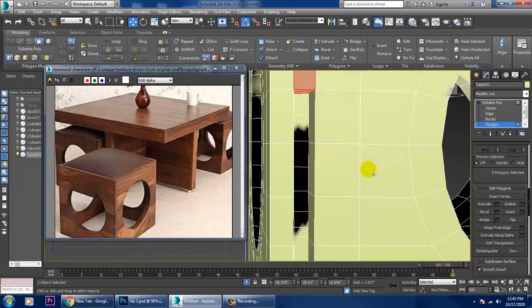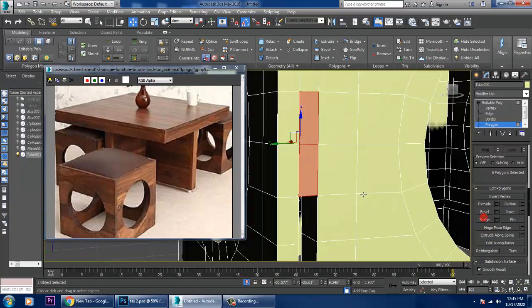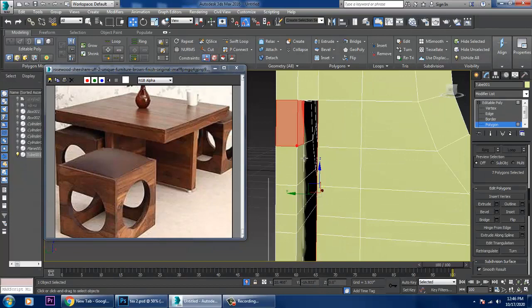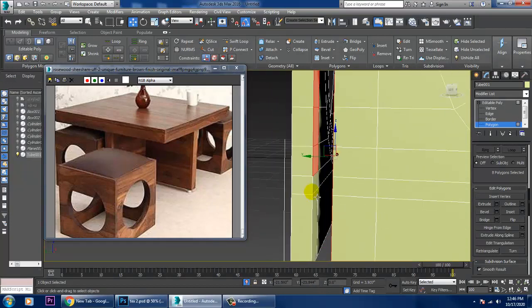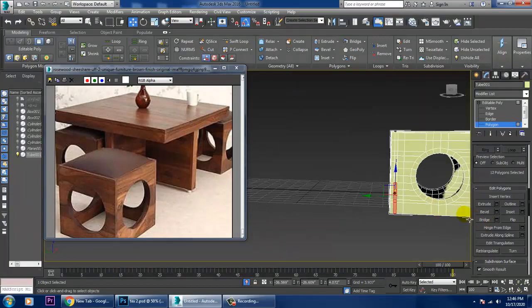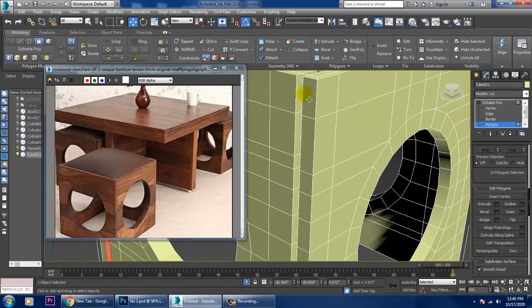So you can easily bridge it. So just select this all and just bridge it. So go on doing the same thing with all over here.